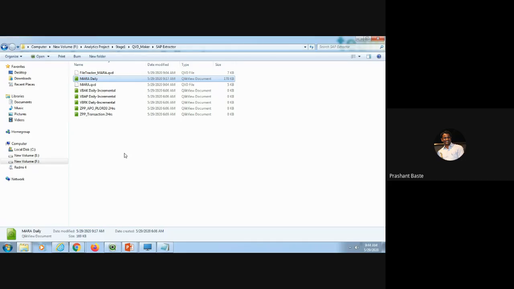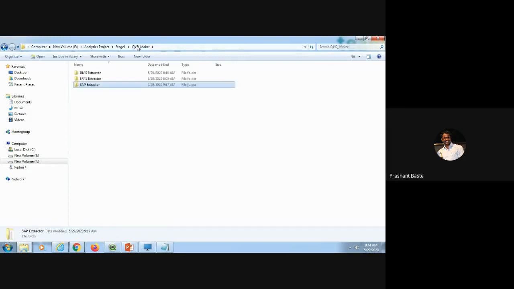We can mention it, which helps the person who is going to schedule the jobs for your project or delivery. He can easily check, okay, this is the table and this is the frequency, and immediately make the triggers accordingly, right?